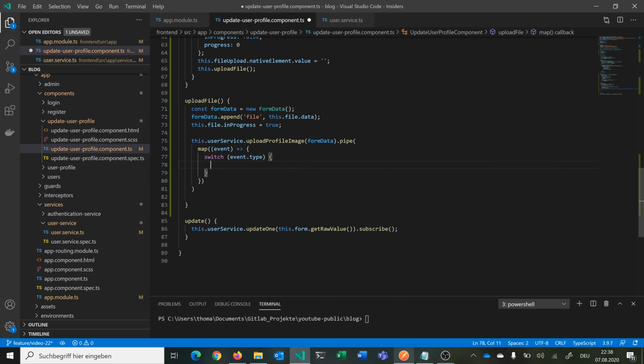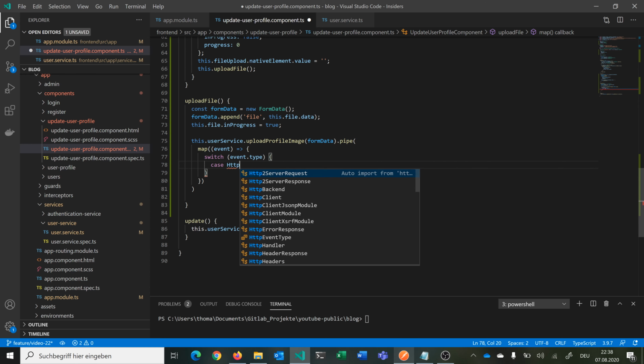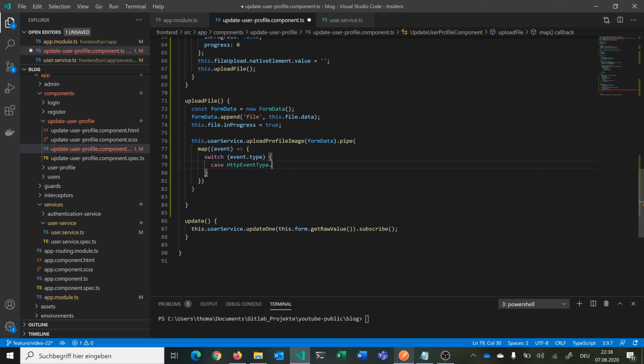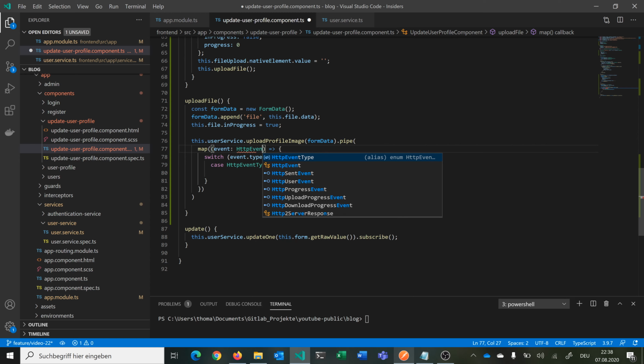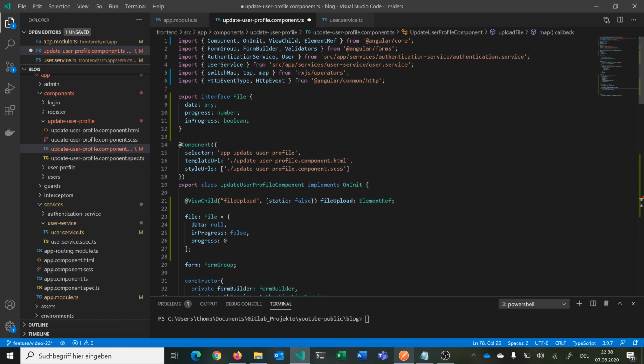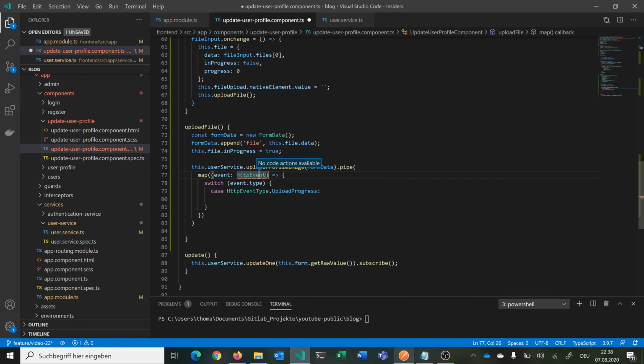And then we have our first case would be HTTP event type dot upload progress. So every time we are getting a HTTP event here, so we can actually make this HTTP event. Oh, let's look at HTTP event. Can we import this? No. Okay, let's just make it easy. We have our HTTP event upload progress, and then we want to do something, and we want to set our